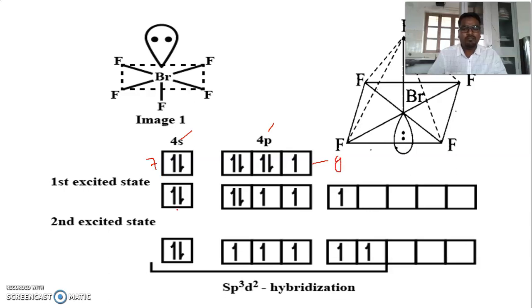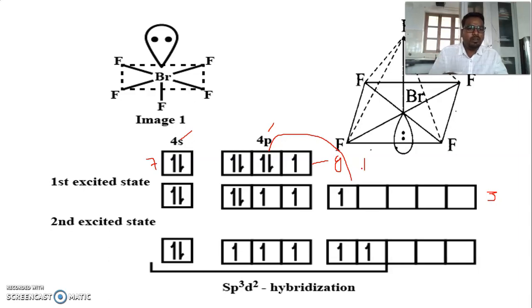So during bond formation, when this bromine undergoes the excited state, at that moment the electron which is present in the p orbital shifts to the d orbital. See here, there are 2 electrons present here, so one is shifted to the d orbital. If one p electron shifts to the d orbital, it becomes 3 electrons. Before, it had only one unpaired electron. Because of one unpaired electron, bromine can form only one bond with other species.